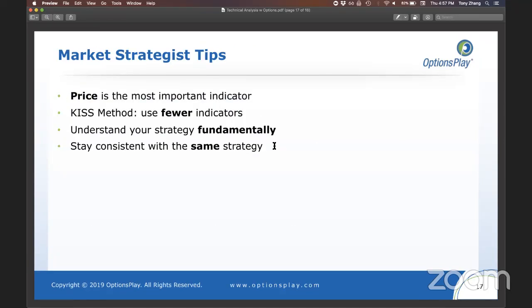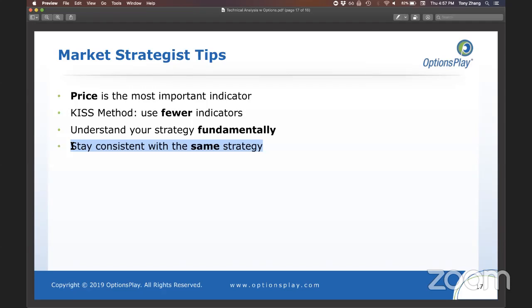And this is really the last part that's really important: stay consistent with the same strategy. If you're going to trade with the trend, do that day in and day out. Don't use this strategy today and another strategy the next day, because you're going to find inconsistent results. And the only way that you're going to be able to stay consistent with the strategy is if you understand